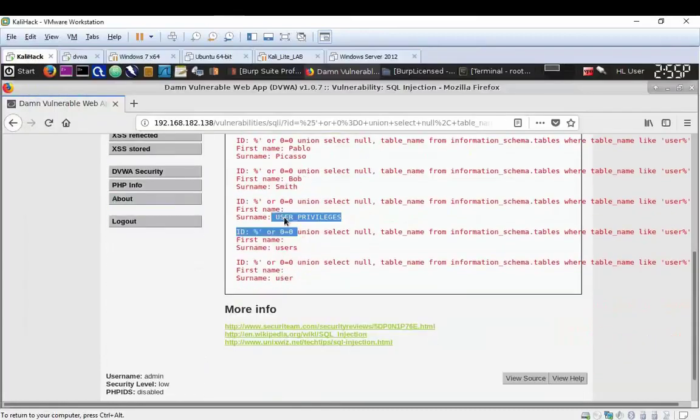These three are the tables which we got at the very last: user privileges, users, and user. Now we are just interested in the users table. Now we want to fetch all the columns present inside the users table. Now, to do this